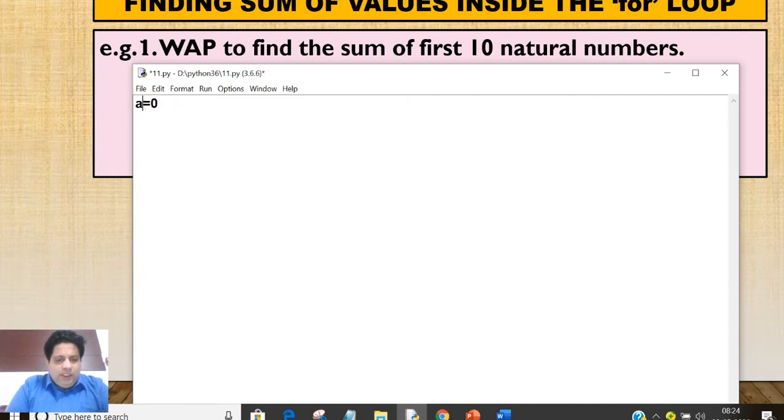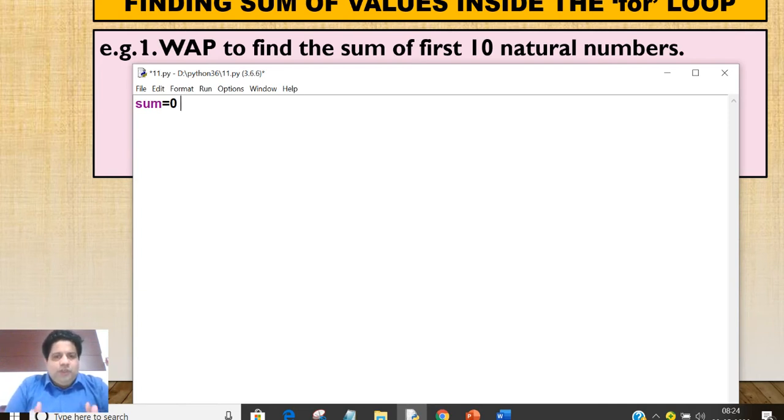You can write it A, you can write it B, you can write it S. But let's take a meaningful name, sum, because it is storing the sum. So initialize it with 0. Initialize means give it some initial value 0. Whenever there is a need to find the sum, always take one variable and give it the initial value 0.